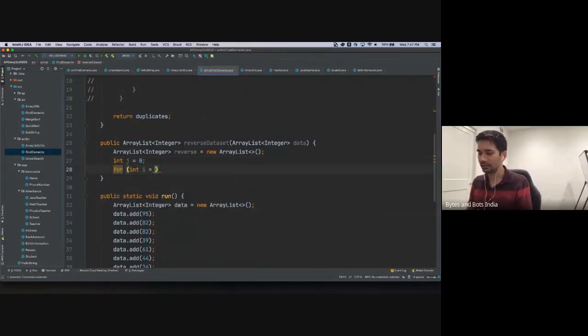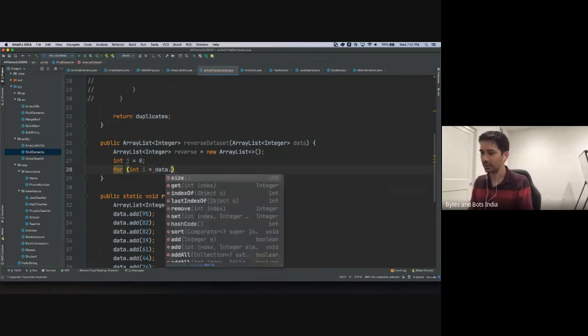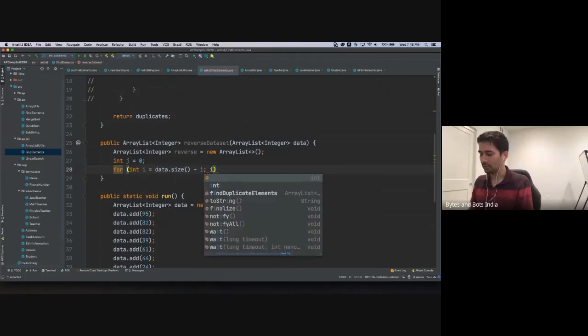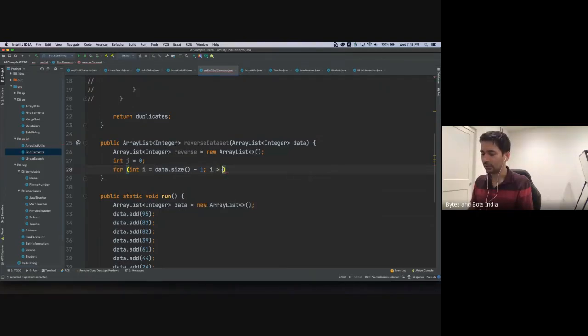And then our i starts at data dot length, or whatever size, minus 1. We keep going in the loop till i is greater than or equal to 0, and i minus minus, right? So we are going from the end of the given data all the way to the beginning of it. And while we do that,